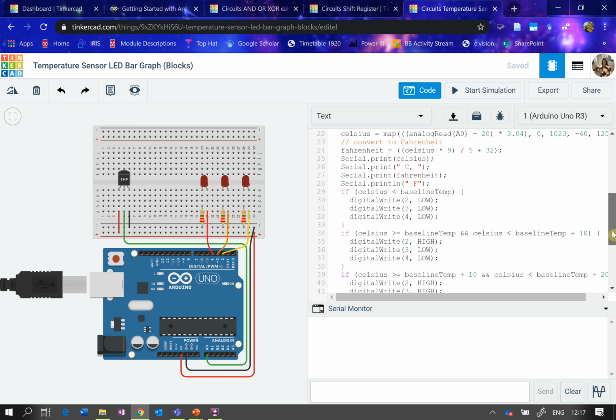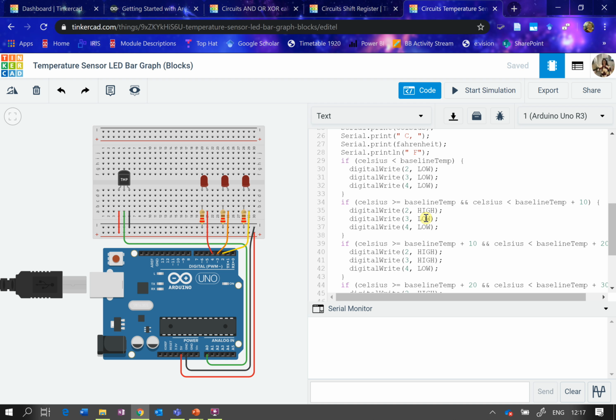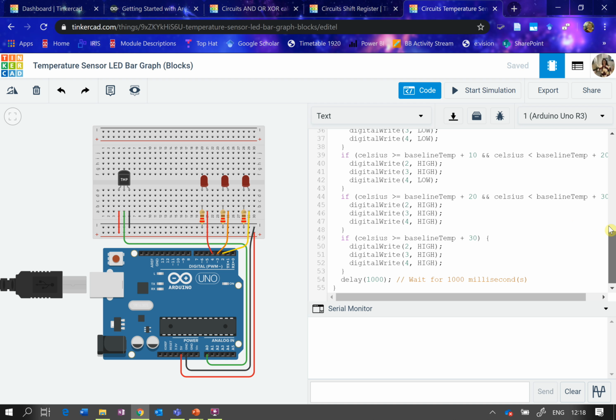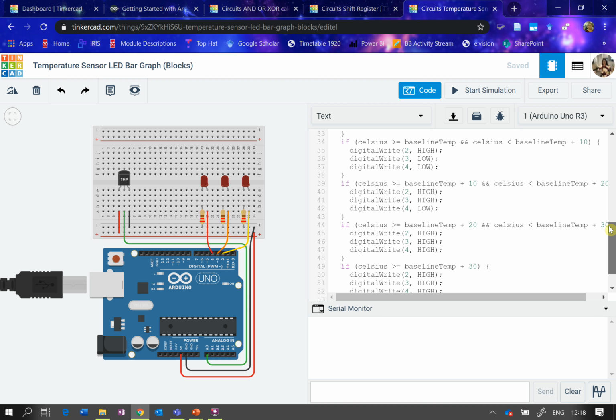If it's greater than the baseline temperature and less than 10 above the baseline temperature, we set the second LED, the LED on pin 2, which is the yellow LED, to high. If the temperature difference is plus 10,